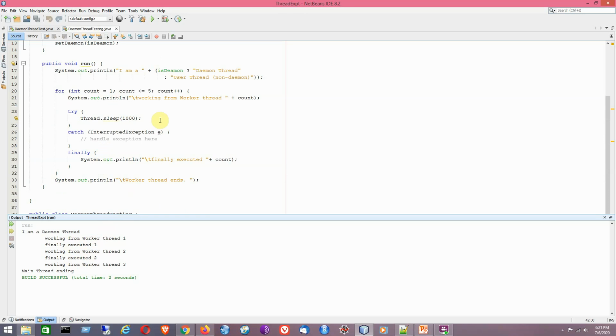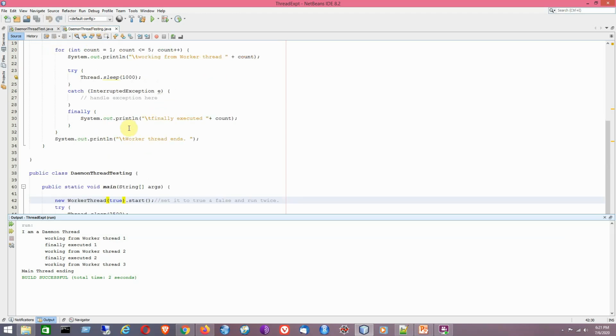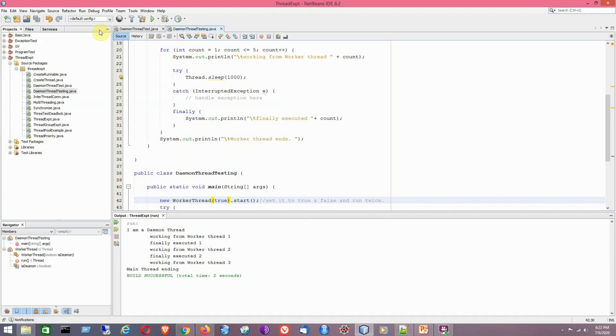That is the idea that I have tried to demonstrate to you. I hope that you have understood the logic behind this program, and you will be able to implement this concept in your project related to Java programming. That is the beauty of using daemon threads. It's a useful concept. Using this, I think you will be able to create some service provider threads for your user threads, I mean the worker threads, and that will actually be used for providing some background services for the user threads. So that's all for today.